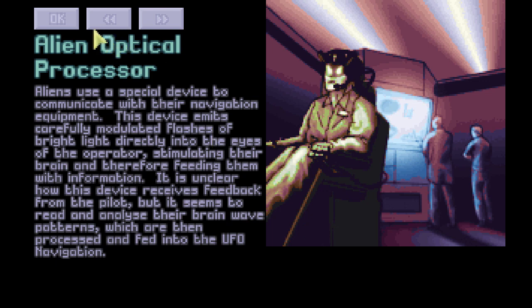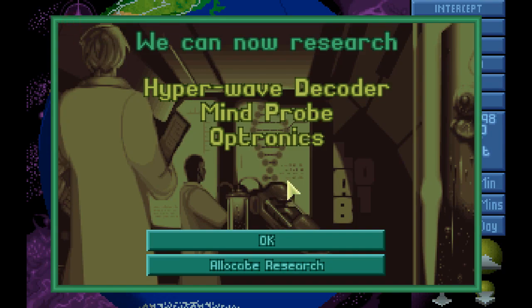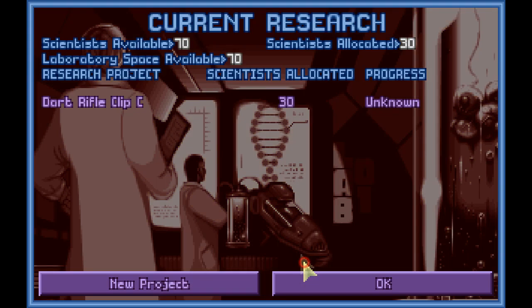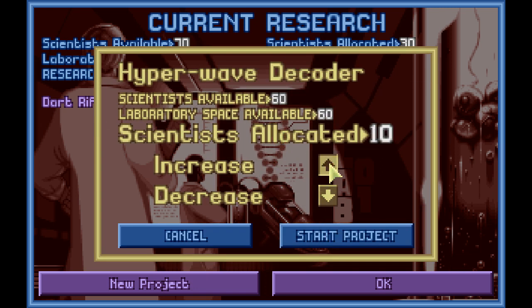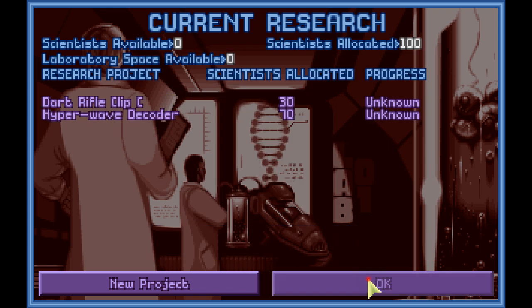Alien optical processors. Hyperwave decoder. That is a big thing that we can now research. Okay. Absolutely, the hyperwave decoder. We need to know what the aliens are doing. This will give us clues. This will actually help us identify where bases are and where just a couple of ships have randomly decided to